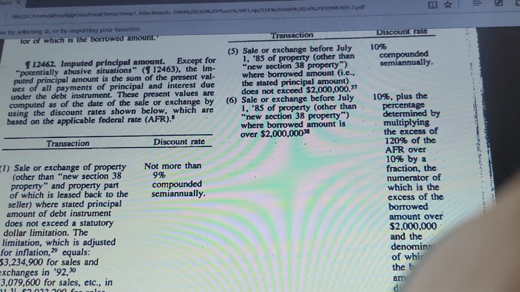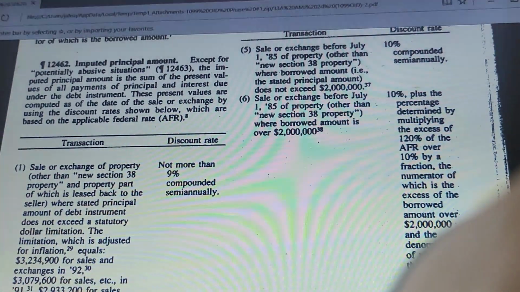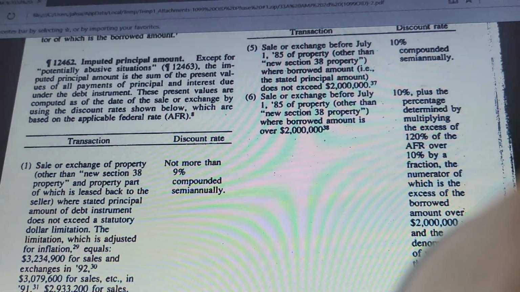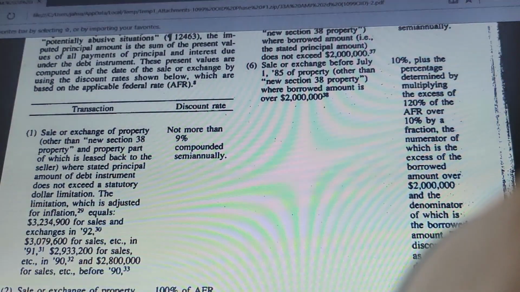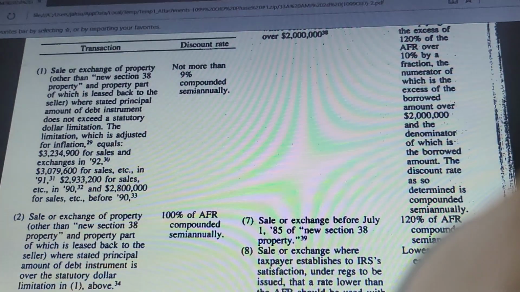And then as you can see, it has a transaction and discount rate. And it has one. Sale or exchange of property other than new section 38 property and property part of which is leased back to the seller, where the stated principal amount of that instrument does not exceed a statutory dollar limitation. The limitation, which is adjusted for inflation, equals